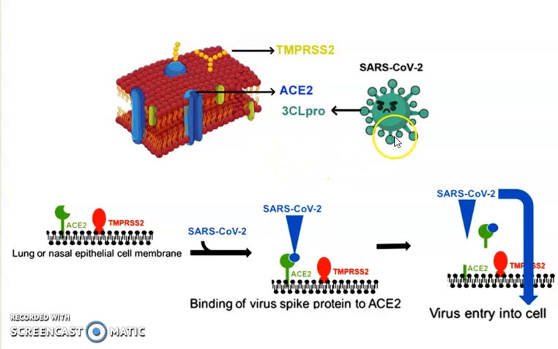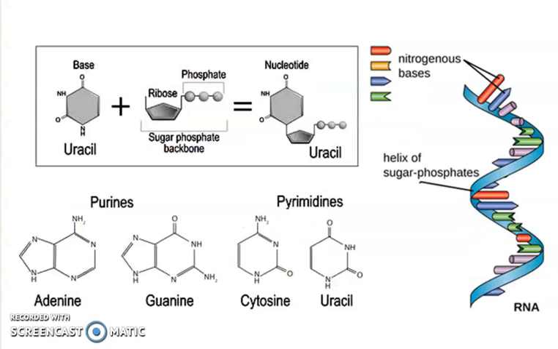That protein is required to make more copies, because the coronavirus itself is made up of two components. First is the RNA sequence inside it, and the second is the spike proteins or the outer shell, which is made up of proteins. So to make its copies it requires two things: first proteins, and second the RNA sequence. Now we see that the coronavirus has entered your body, reached the ribosomes and made the proteins for itself. Now it needs to make the RNA sequence.